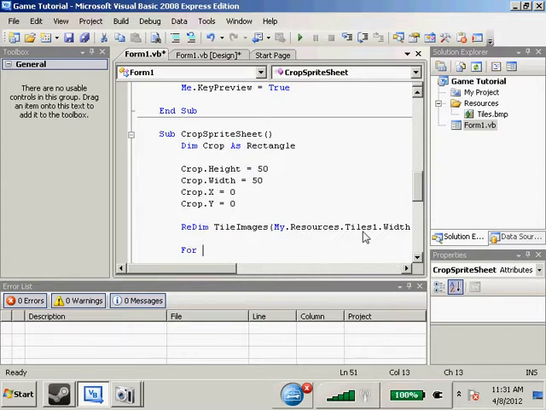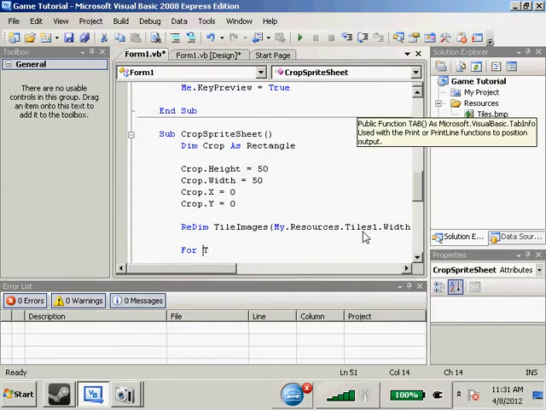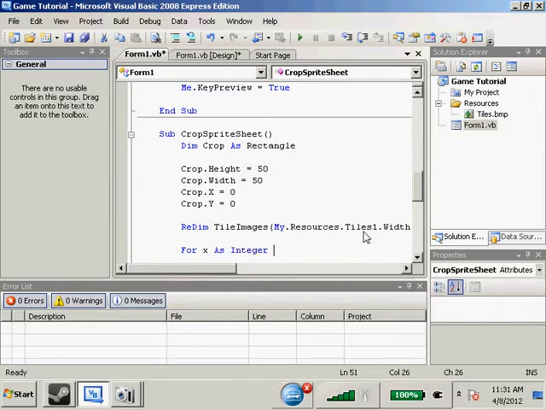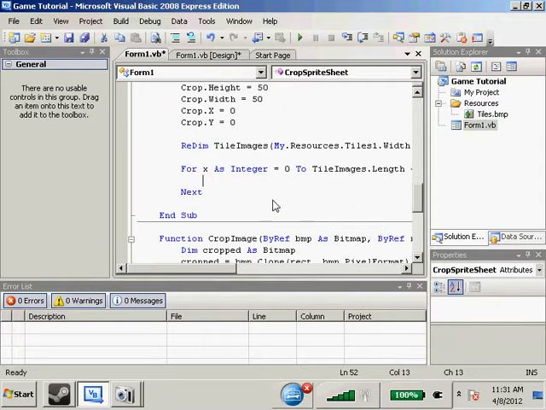For x as Integer equals 0 to tileImages.Length minus 1, Next x. So this is just our for loop that does it. So tileImages(x) equals